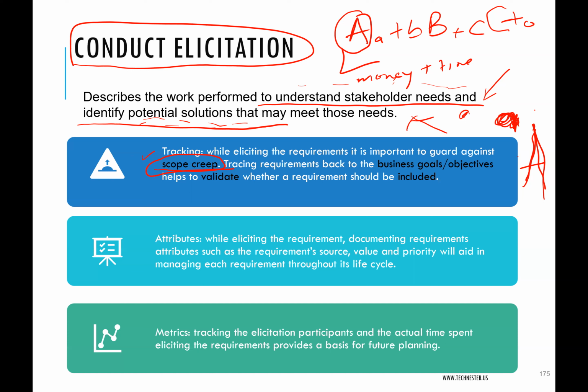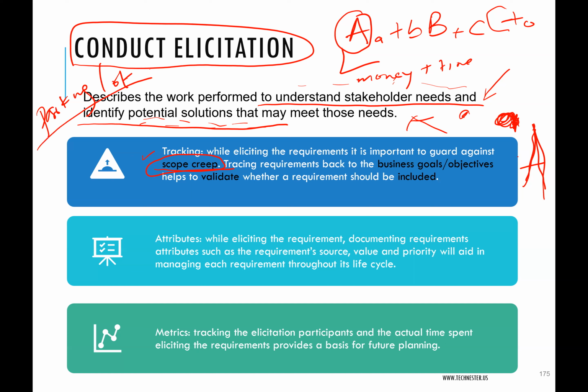Right. So the BA during conducting elicitation will be at the same time tracking the requirements. Conducting means carrying out requirement gathering, right? So it's gathering requirements. At the same time as they are giving all these requirements, the BA should have a section called parking lot, where requirements that are out of scope, you will just write them down there. They are good things, but maybe we'll come back to them some later time when we have more resources. They are not the things that are necessary for now. So you have a parking lot.